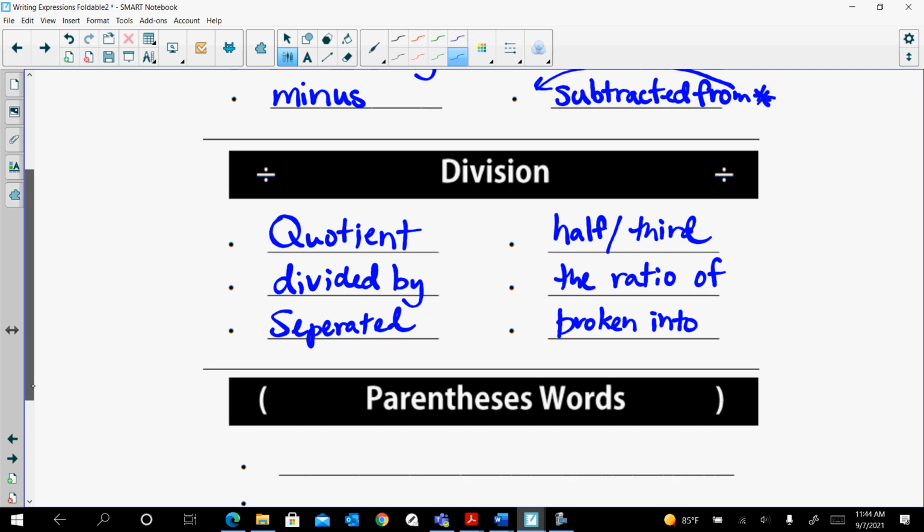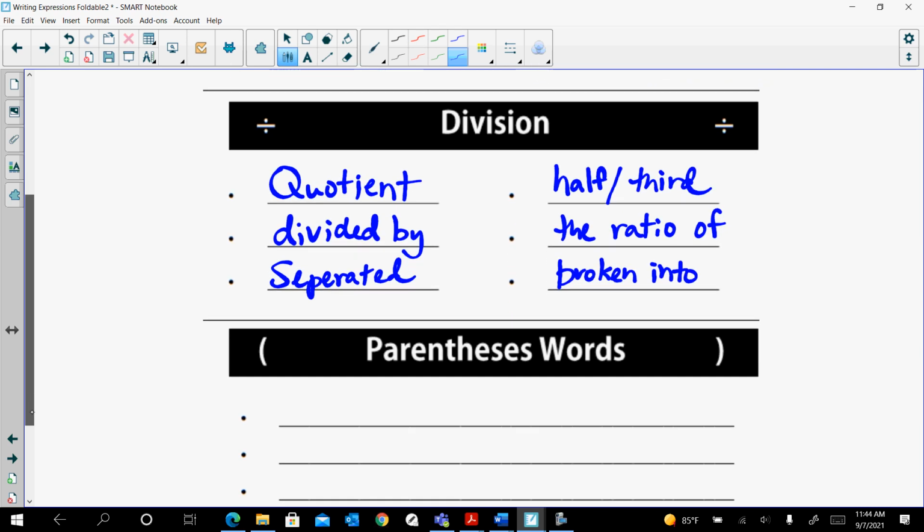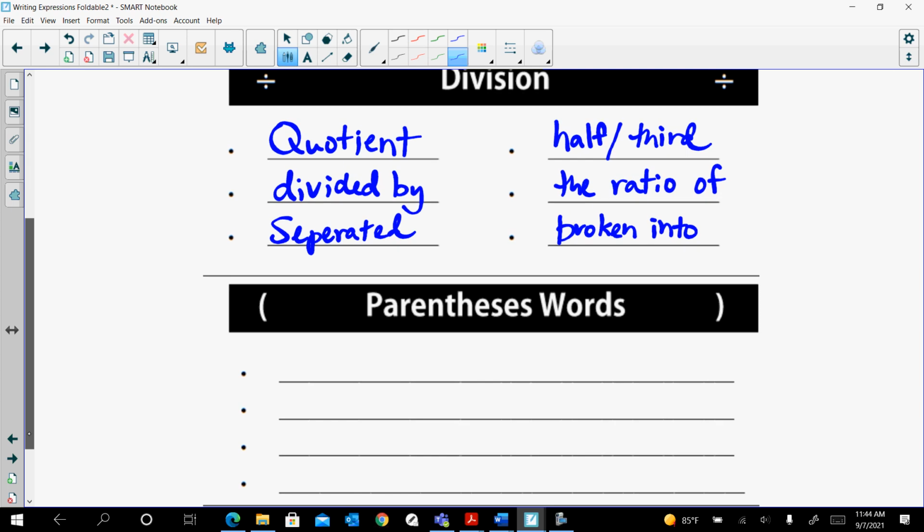All right, now there's some words or phrases that if I read them, I have to show parentheses. Our parentheses words are when I say times the, okay? Anytime I say times the, this is going to be a parenthesis word. So like I can say times the sum of, okay? It should be times, sorry. Or if I say times the difference,